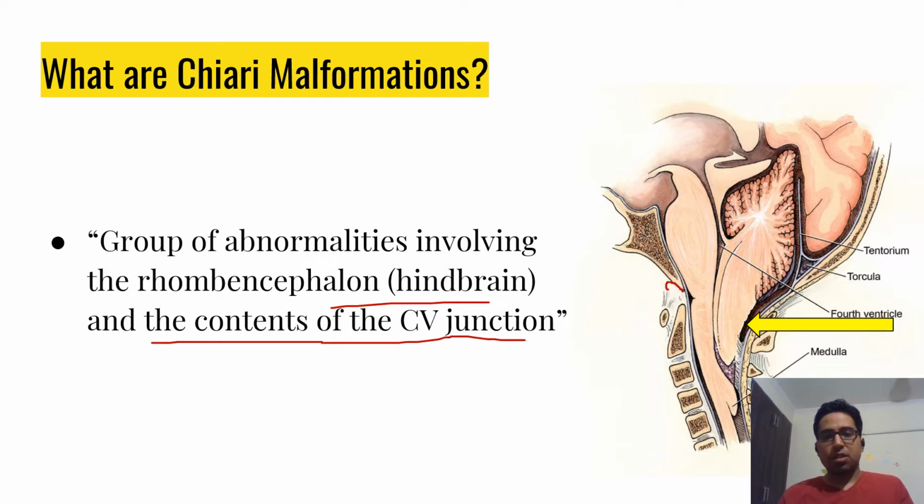So you can see this is the foramen magnum, this is the basion, and this is the opisthion, and we are seeing the cerebellum, the lower part of it, that is the tonsil. It is herniating across the foramen magnum, and along with it, it is compressing the brainstem, specifically the medulla, and some part of the medulla is also getting herniated along with the tonsils of the cerebellum.